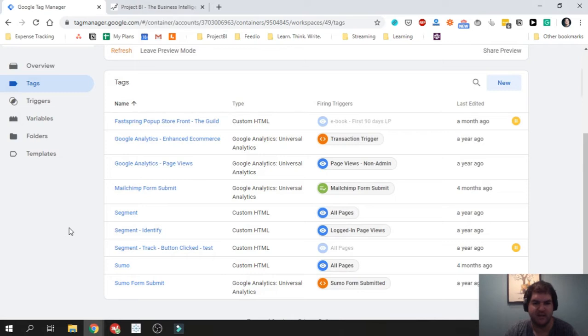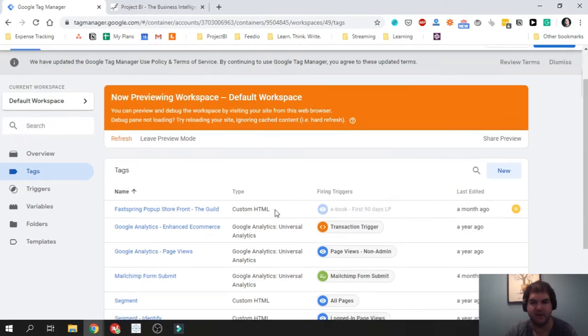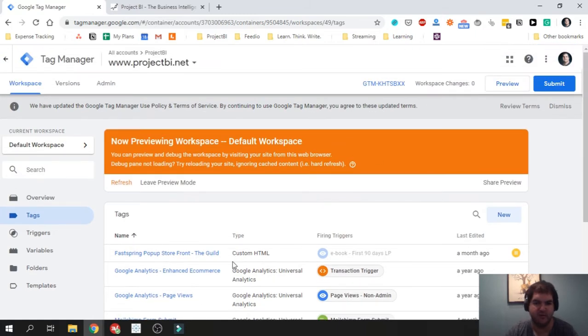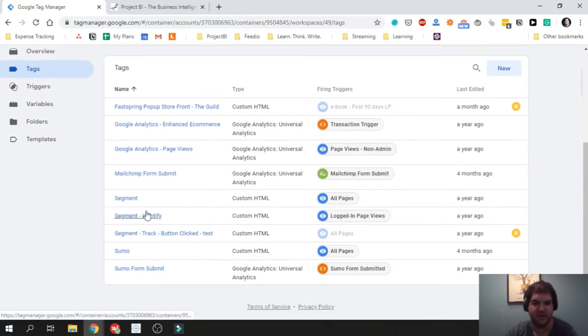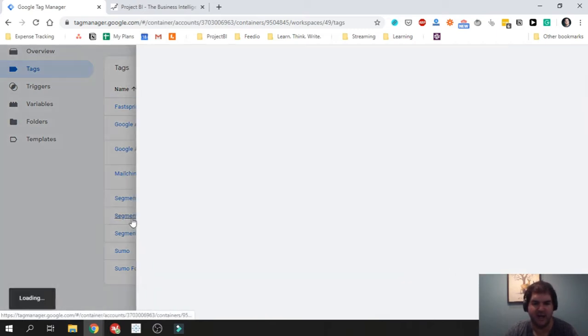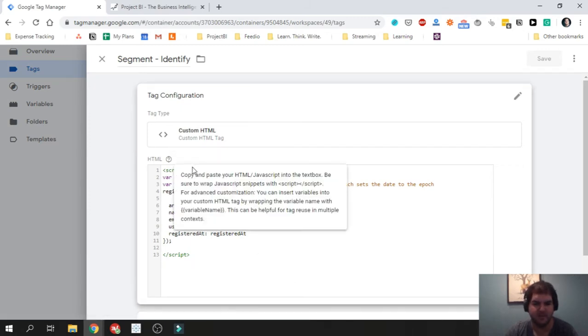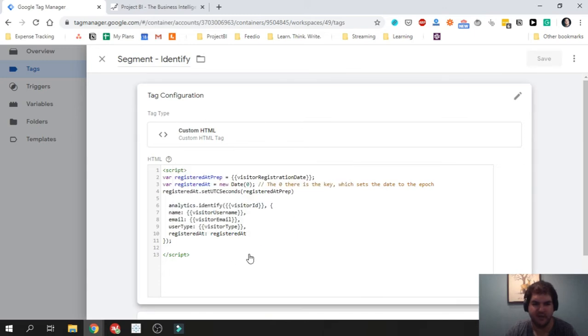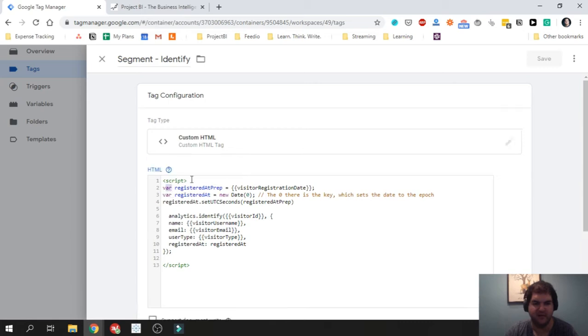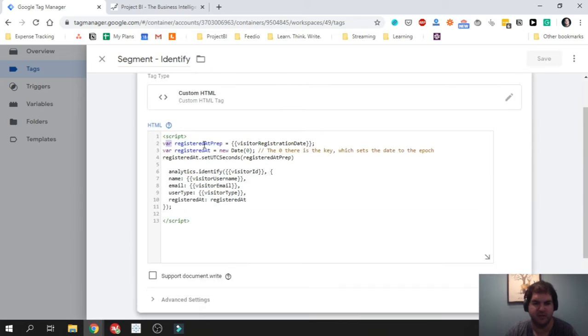After that, you'd obviously want to test it and make sure it's loading. You can use the preview mode and see that it's being triggered and that events are appearing in the debugger. And after that, you can go ahead and add this piece of code, and I'll make sure to include it in the description below. So I've got some custom HTML again, and you can see we're setting a variable registered